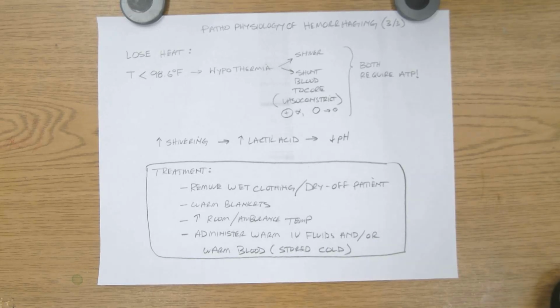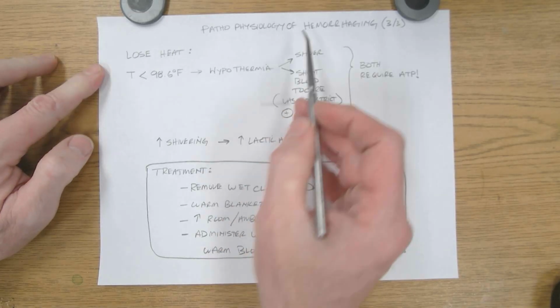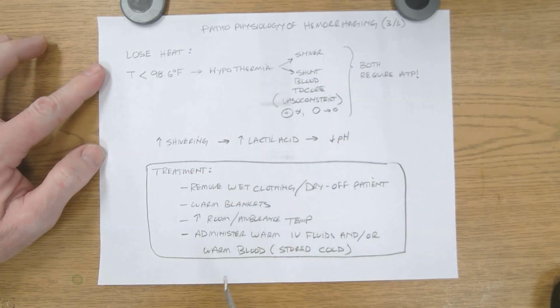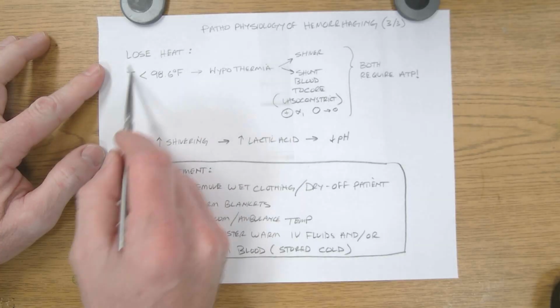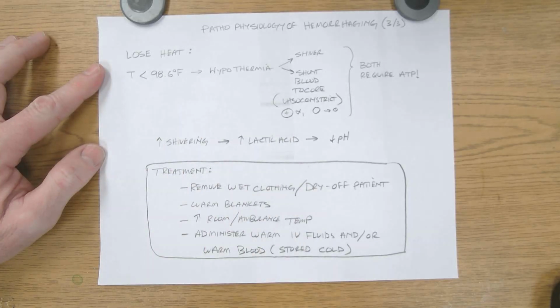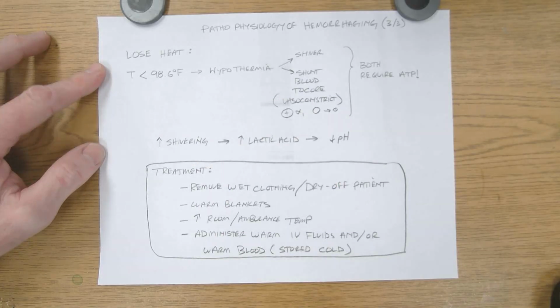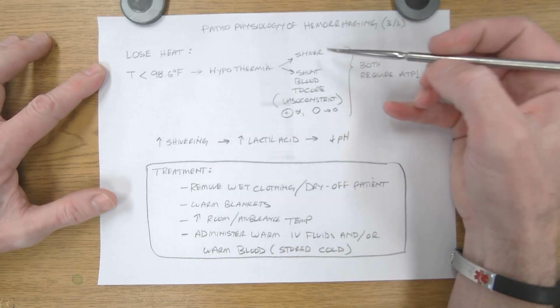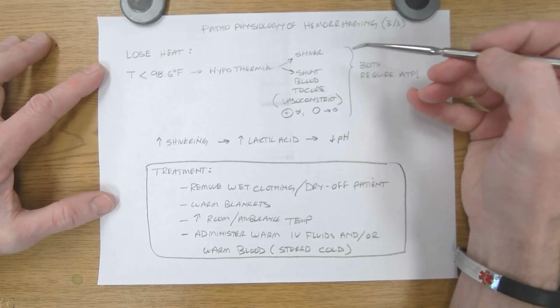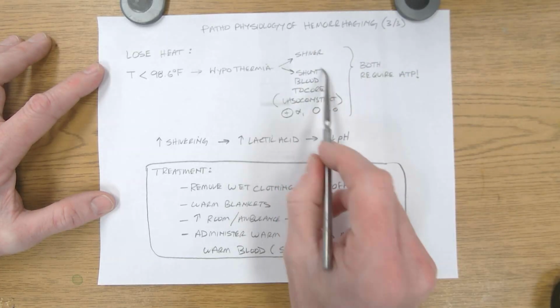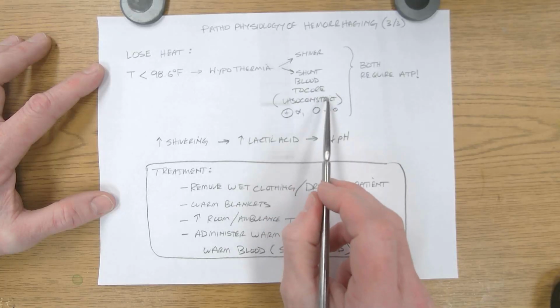Okay, the third thing that we're going to lose when we're massively hemorrhaging is heat. So when your temperature drops, that can induce what's called hypothermia. So we have a low body temperature. And we know from studying the homeostasis of body temperature that when your body temperature drops, two things are going to happen. You're going to shiver and you're going to shunt blood to the core in an effort to conserve